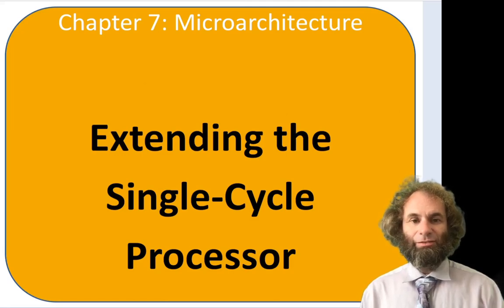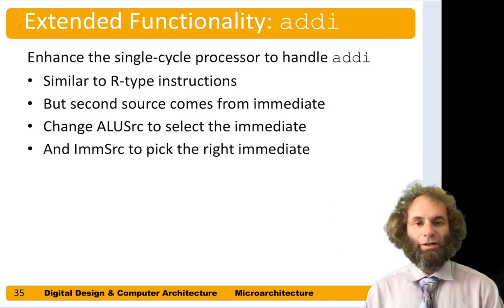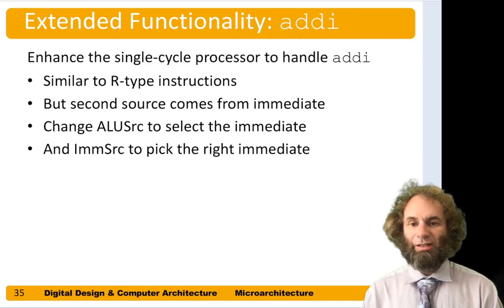Hello! In this video, we'll extend the single cycle processor to handle more instructions. So far, we've just handled a small set of instructions in the RISC-V instruction set. We've handled load word, store word, branch on equal, and 5 R-type instructions: add, subtract, and, or, set less than. So there are many other instructions, and in this section we'll support 2 new ones, add immediate and jump and